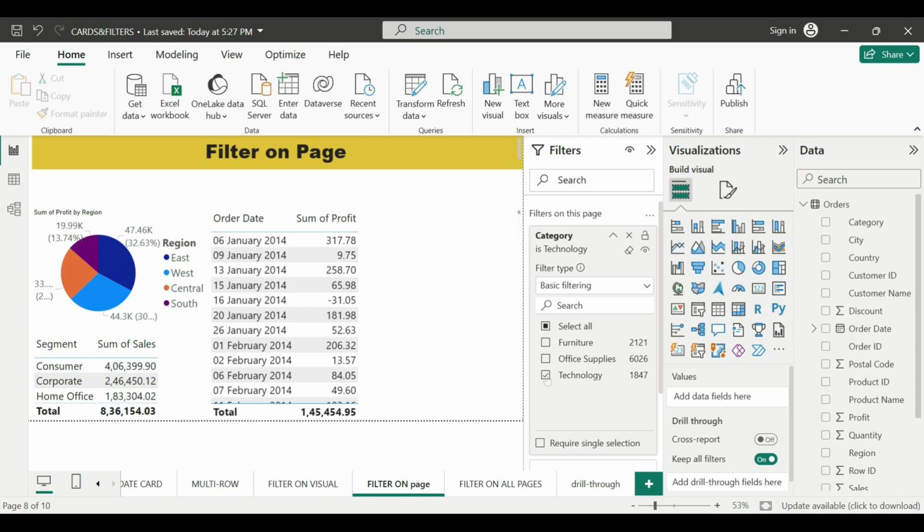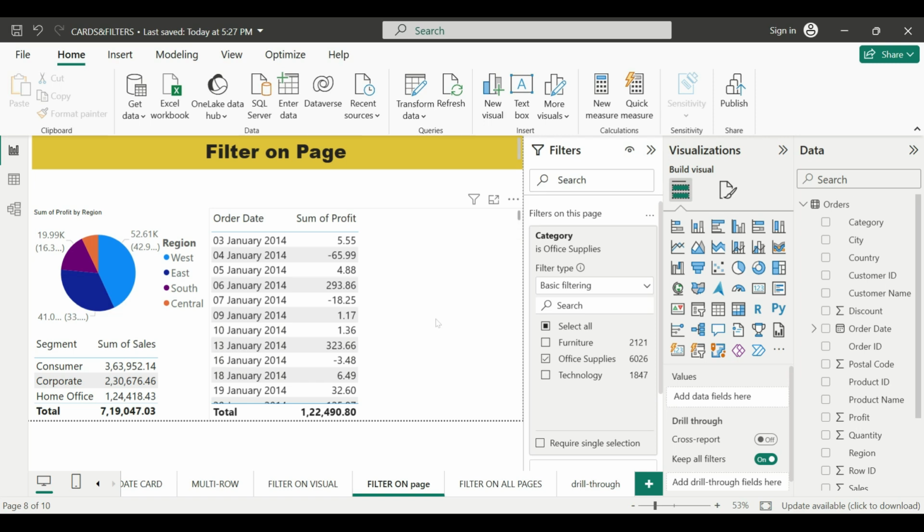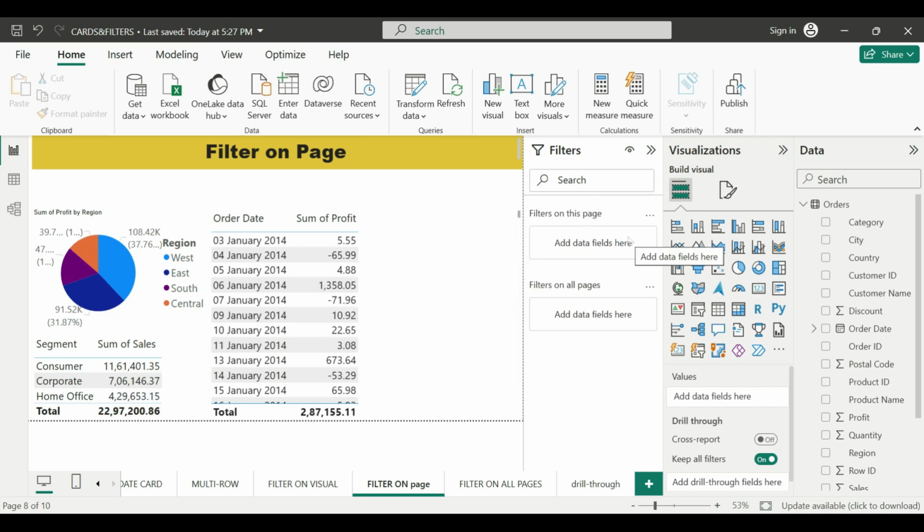You see the values have changed. It was very quick, but you can see these values. This will also change if I click outside and select office supplies; the values of the entire page will change. That's very simple. If you want to clear the filter, you can just click on the clear button and I will remove this filter here.